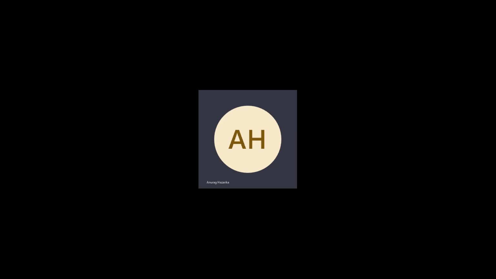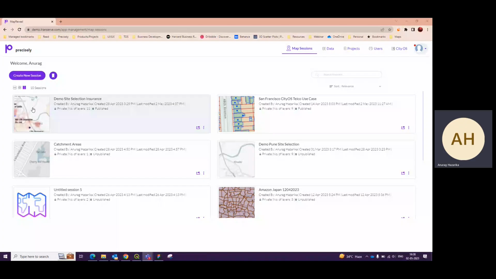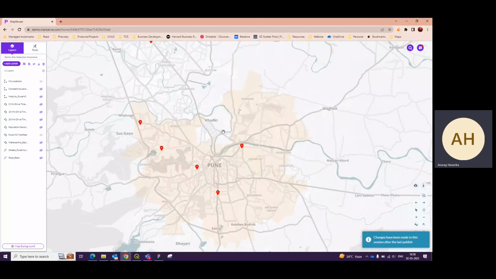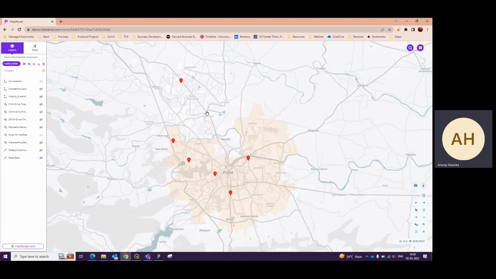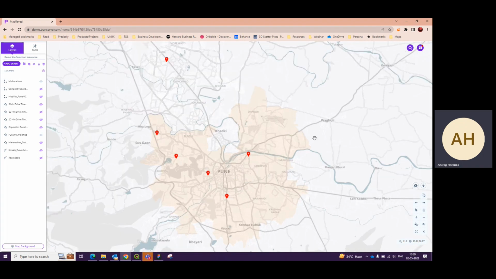Let's look at a basic site selection use case. As you can see here, I have already created a map session with some of the relevant layers that we would be using to demonstrate this. I have 6 locations here. You can think of these as existing locations in the city of Pune. And I want to identify new localities where opening new branches or expanding my current branch network would